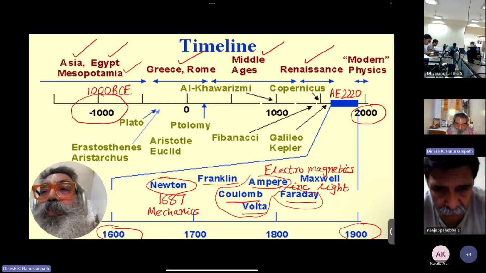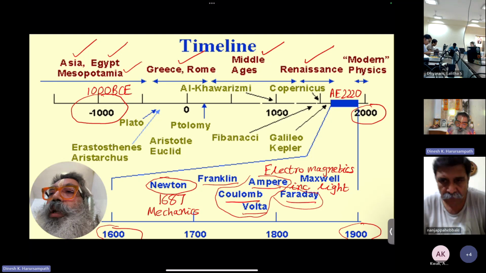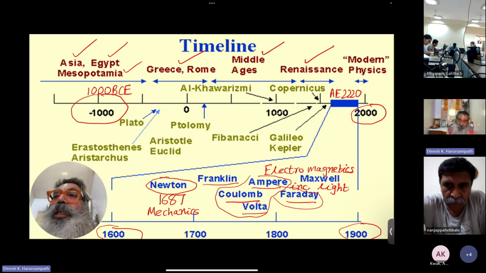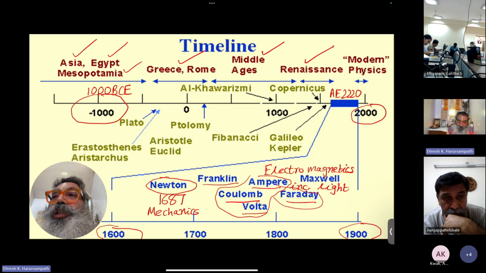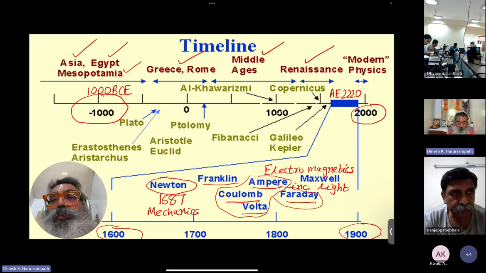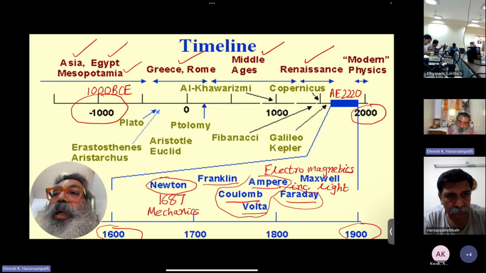Unfortunately, many of these people were religiously persecuted because in the West, religion was seen as an anathema to science, and anything that the scientists came up with, which didn't agree with the dominant religious versions at that point in time, the scientists were either put to death or they were exterminated and sent to places where they were never heard of from then on, right? But nonetheless, a little bit of what they have done still remains with us, and a lot of that continues